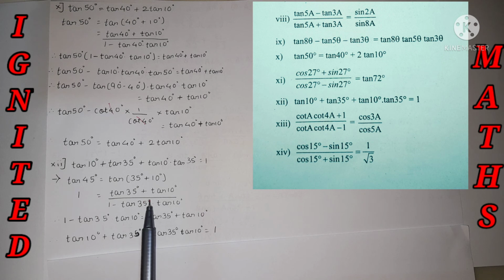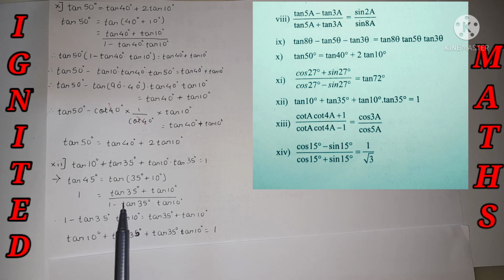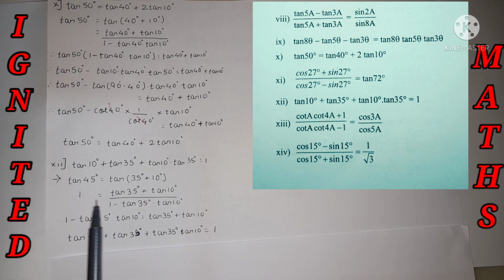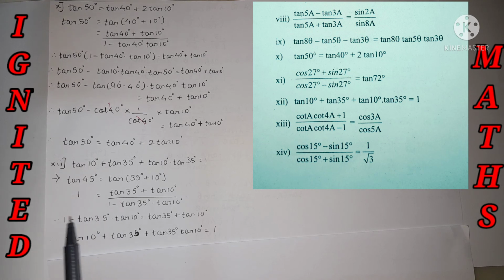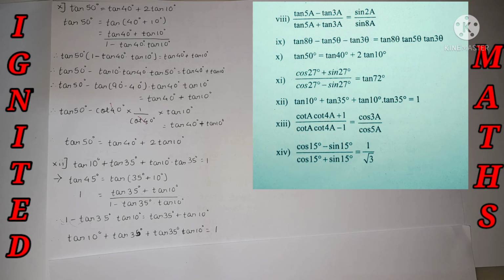And over here I have just multiplied with each and every term. Okay, 1 minus tan 35 tan 10 I have taken at the LHS, and over here it is absolutely the same. And if I take each and every part from the LHS to the RHS, this one is positive, so keep it as it is. Take all these terms over here, and we will be getting the same answer. In the 10th and 12th I have not taken any LHS and RHS. I have taken the relation of it and I have proved it.